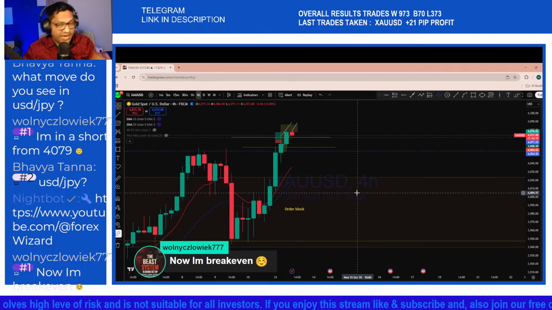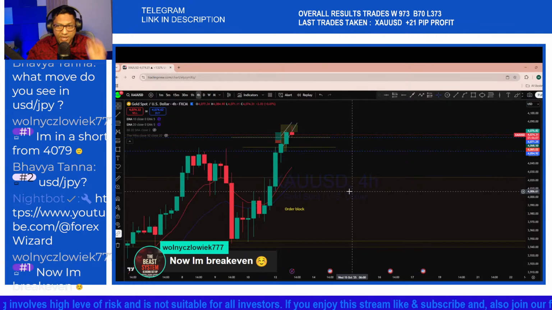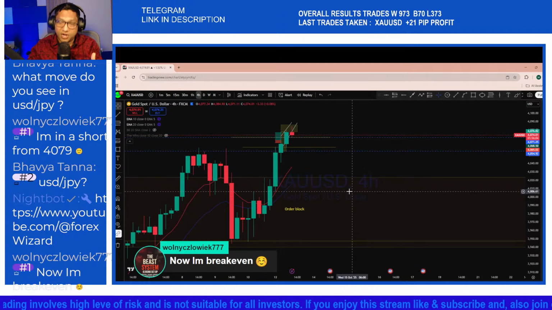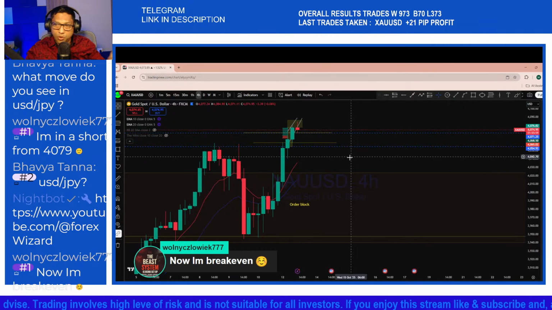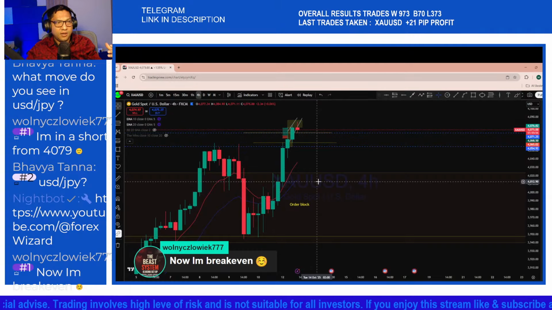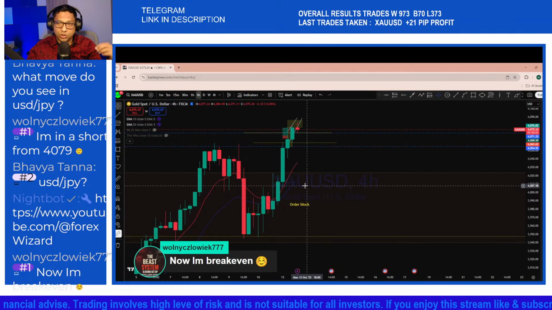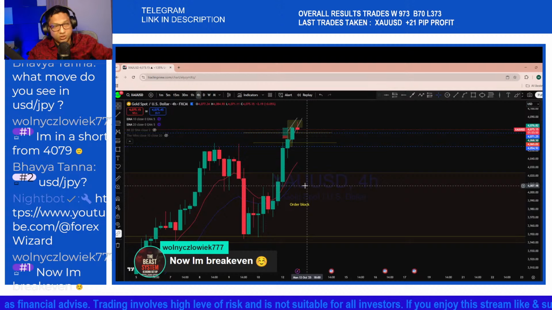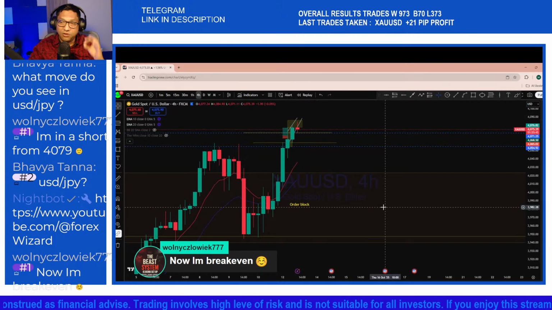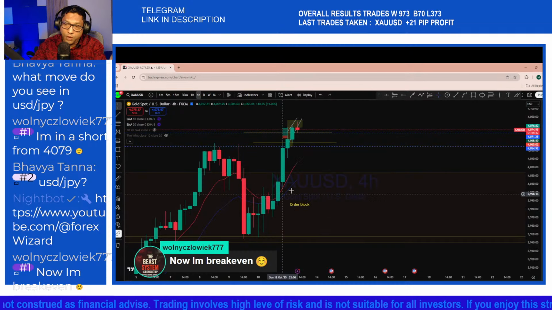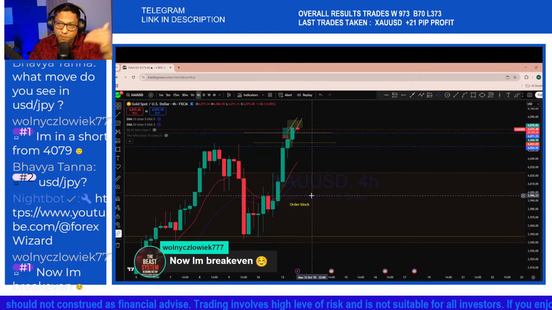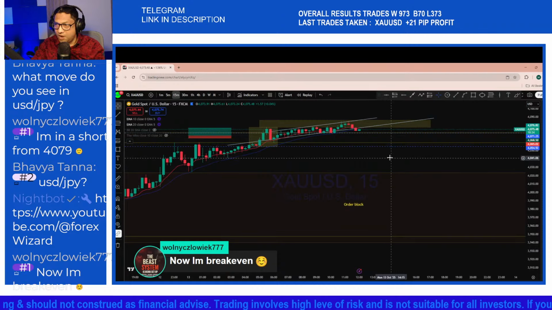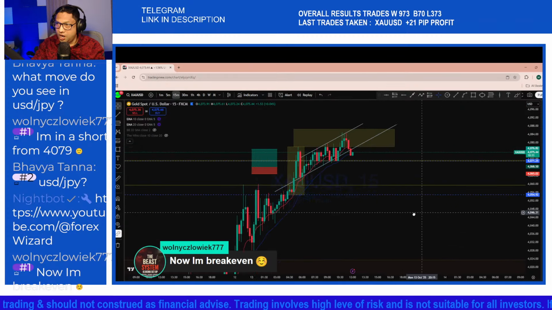Now, the crossover of the 10 and 20 EMA is another good way to look at where the market is in relation to the EMAs, because EMAs are a very important indicator to understand the price in relation to the 20 EMA. The 20 EMA is like a rubber band. When price goes too far, you'll see the market reject back again at that level. And you can see that the market has also broken out of the order block on the 4-hour chart. And because the market has broken out of the order block, and the lower time frame market structure is showing up to be